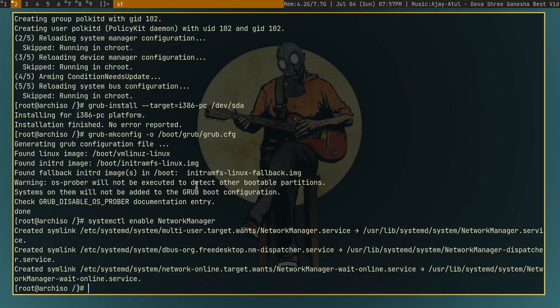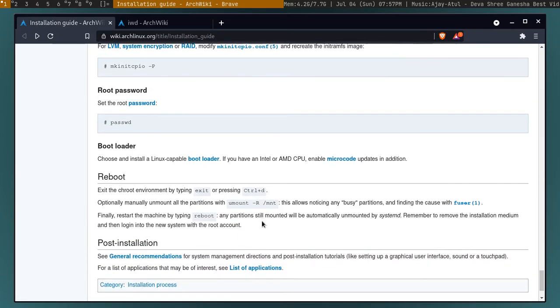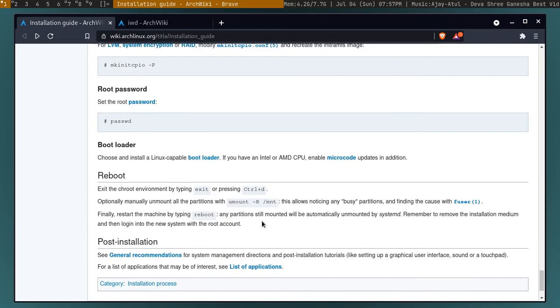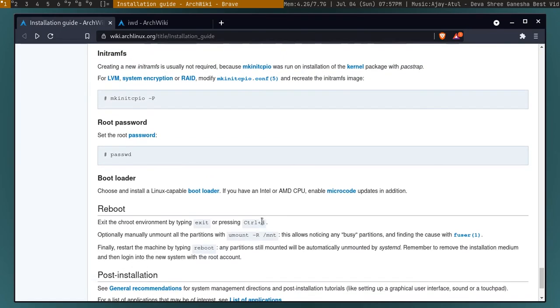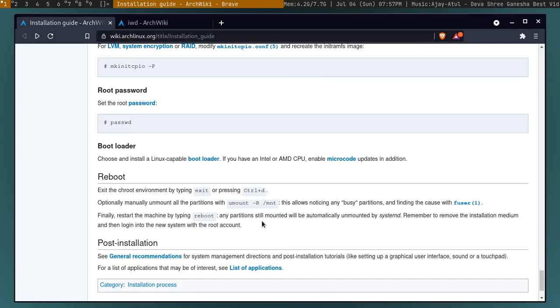Hit enter. It has created the symlinks. Nice. What else can be done before? Yeah, I think that's it.